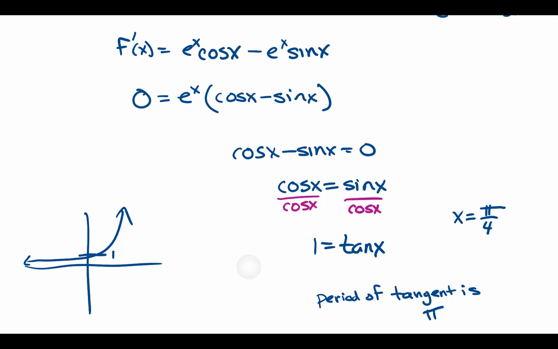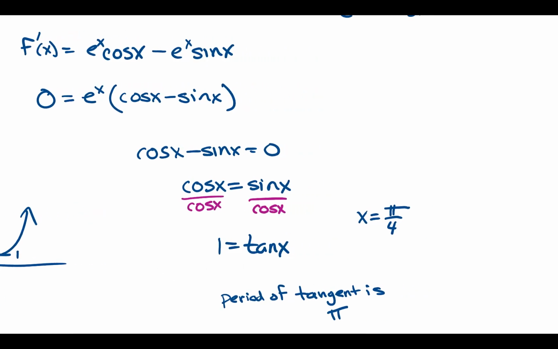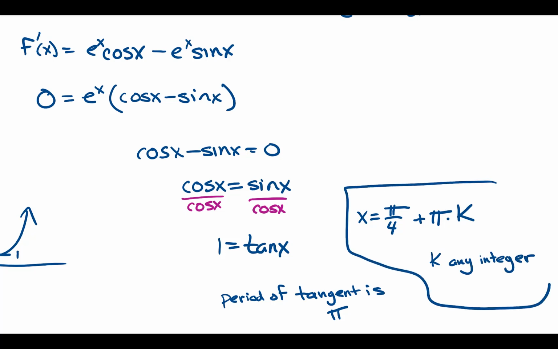So the way we're going to write this is we're going to say since the period is pi and we know it's going to repeat over and over, it's pi over 4 plus pi times any integer k. We need to start getting comfortable with this. Fortunately, if you're taking a trig class, you've done this before. If you take pre-calculus, you should have done this before, depending upon your teacher. If you hadn't, it's your opportunity to try and catch up, because we're going to write like this